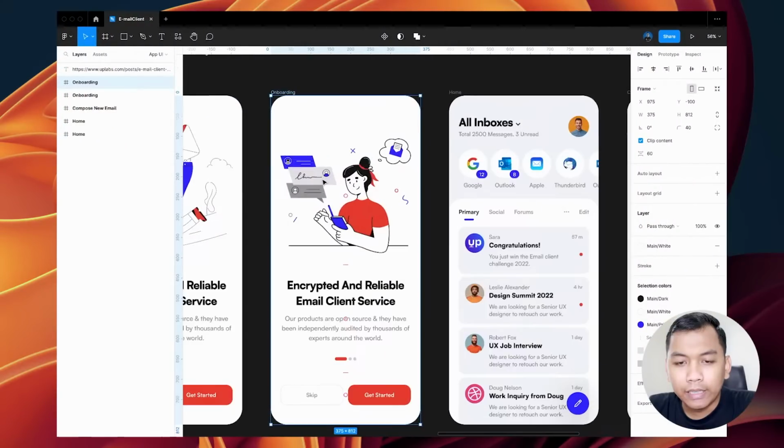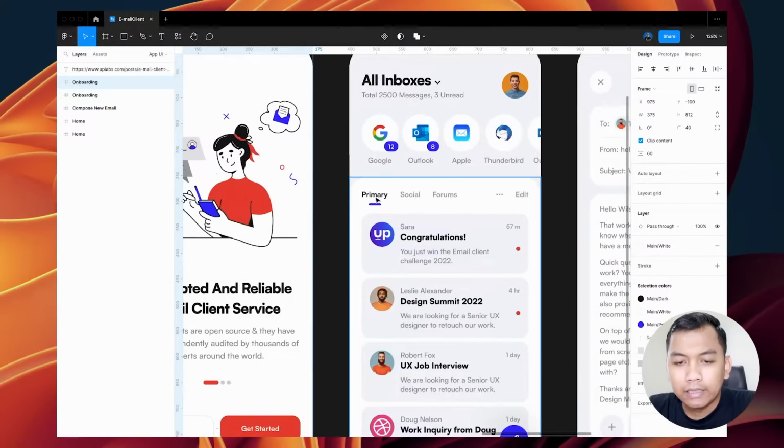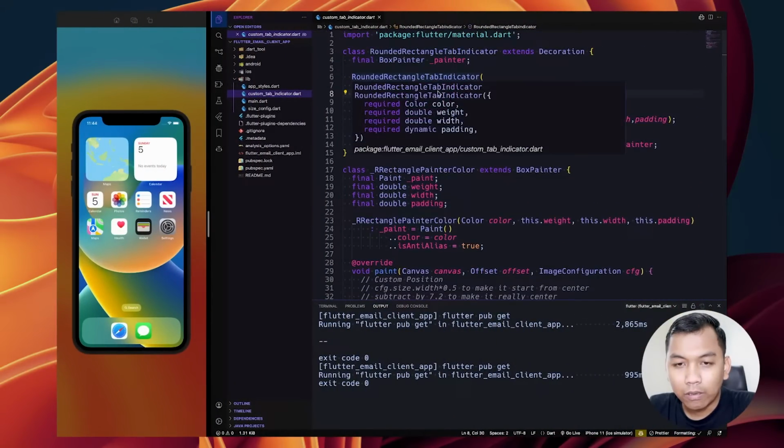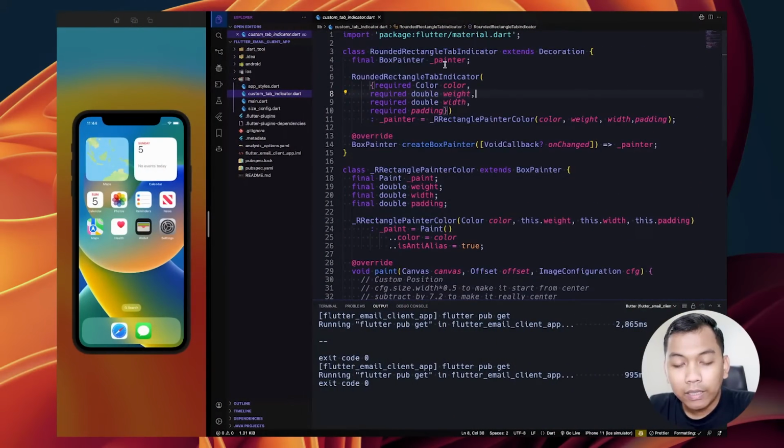As you can see here, in this email category, we have a tab bar, but it has what we call a rounded rectangle indicator at the bottom of the tab item. So I will use this rounded custom tab indicator, which is included in your starter project.